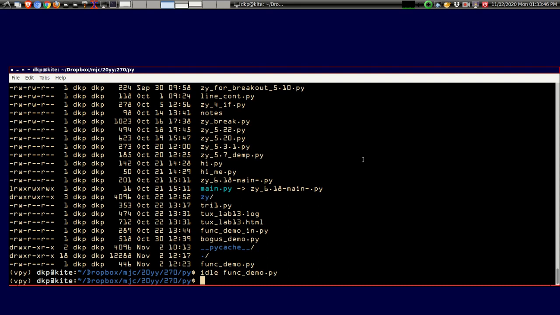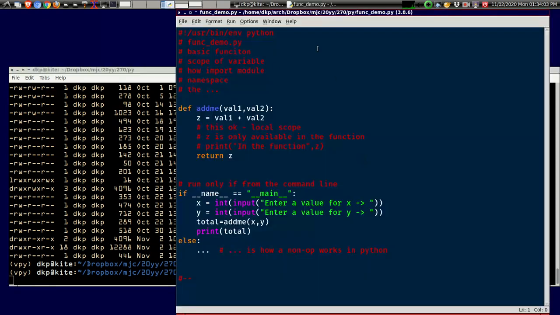Okay, what we're going to do is continue a little bit on our functions and show you how to do some importing with our functions. Now I'm also adding the concept of the main underscore stuff. So let's start with looking at our slightly modified piece of code here. Basically, what I would like to get through in this video is how to import a module, namespace, and